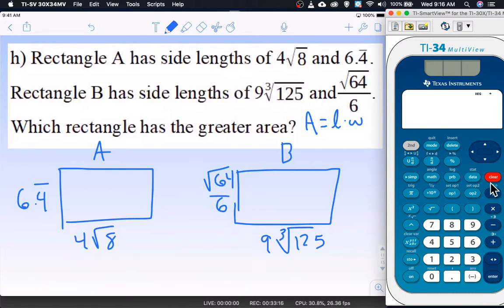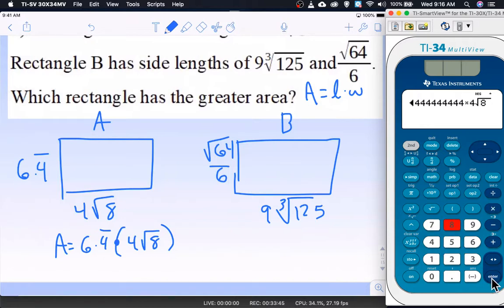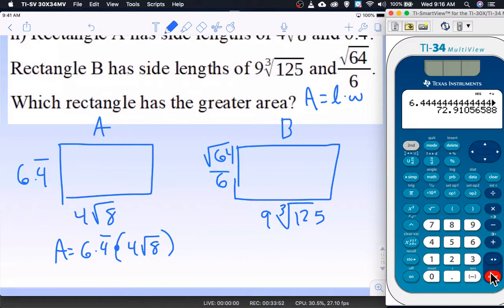I could theoretically right now just throw them straight into the calculator. Well, let's see. Area of this guy is 6.4 repeated times, or you can use parentheses, 4 square roots of 8. 6.4444444444, put a whole bunch of them in there. Times 4 square roots of 8 equals, my area is 72.91. Okay, cool. Other guy, area is